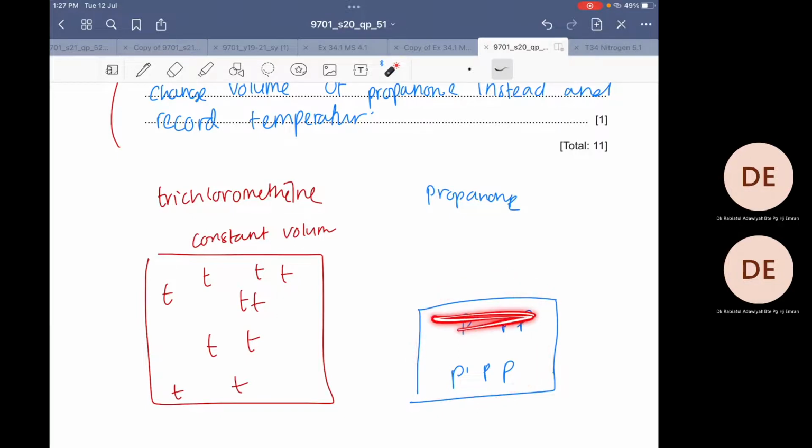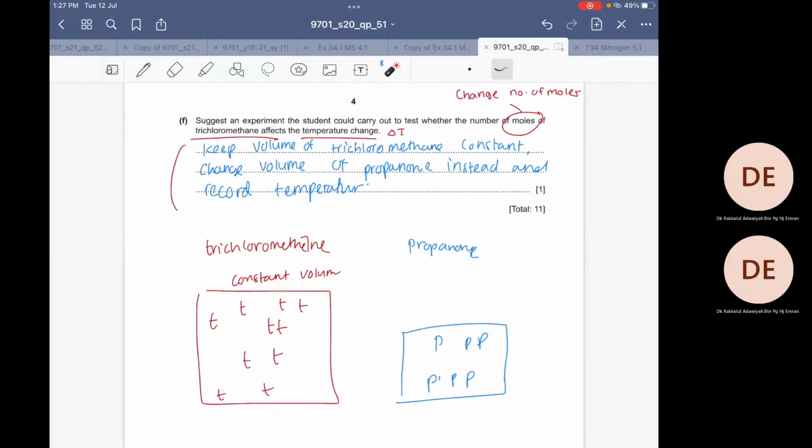If I have 3 propanones, only 3 will form the interaction, okay? If I have 6, only 6, while the other 4 will just swim around there, okay? So this is one way of maintaining the volume of trichloromethane, but changing the number of moles that react with